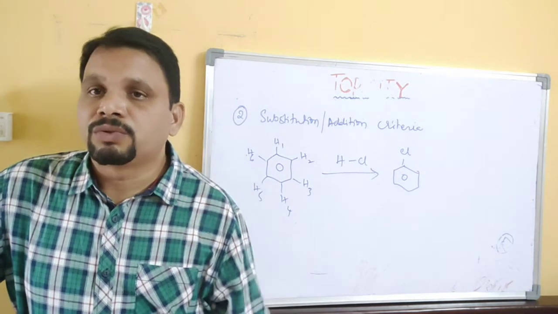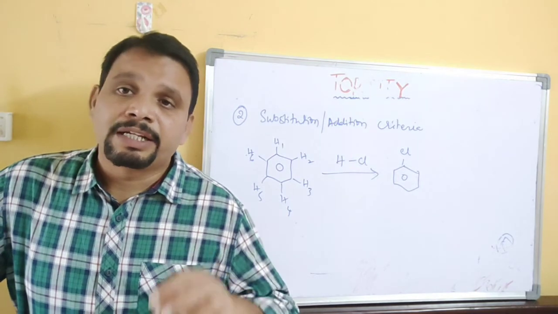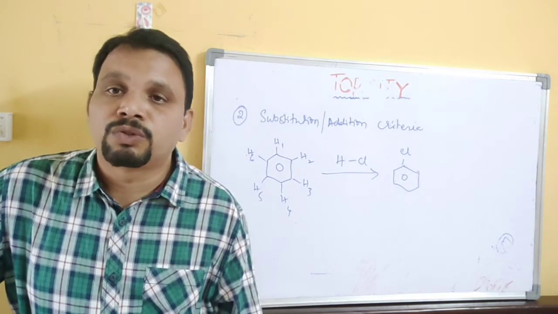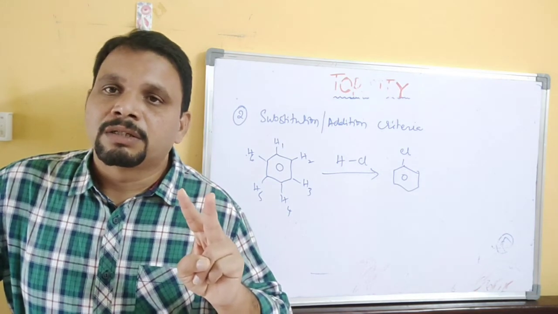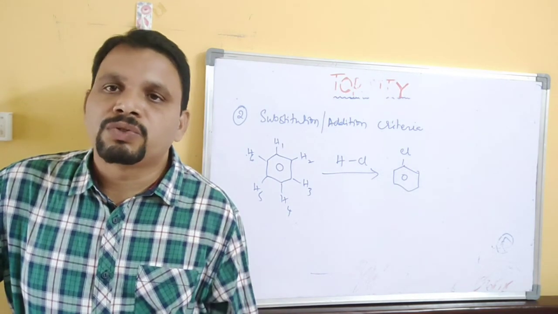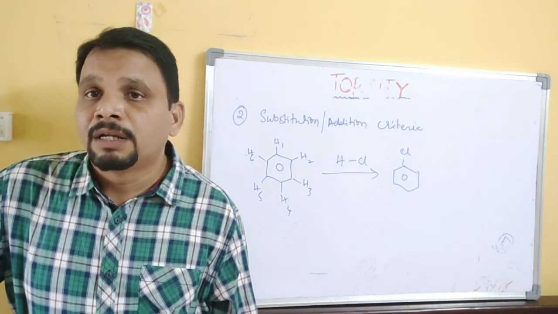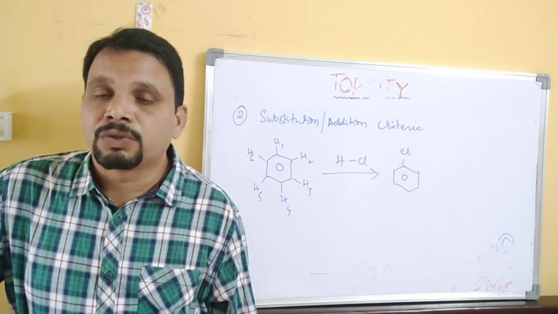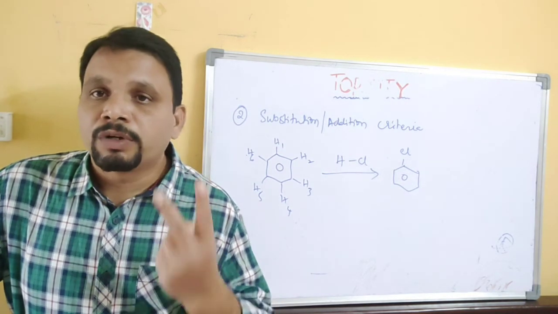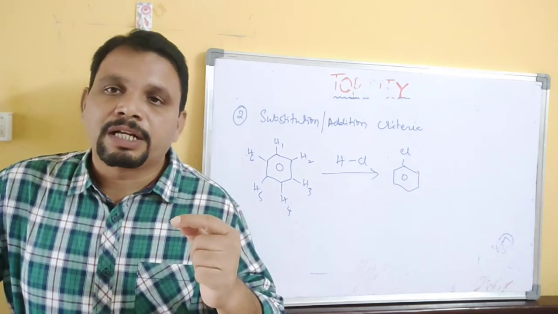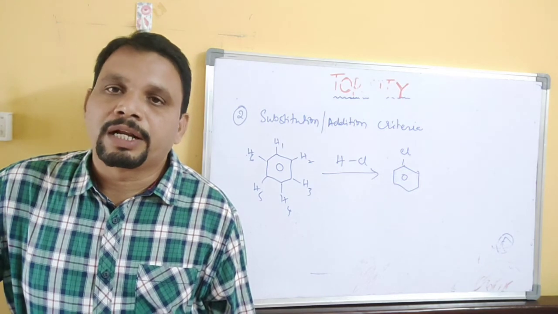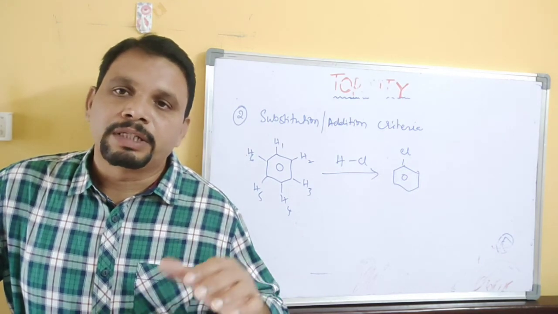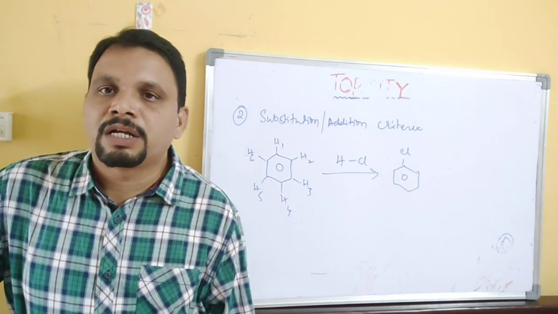So what criteria can we use to find out homotopic ligands? There are two criteria used to identify whether they are homotopic or not. What are those two criteria? One is symmetry criteria, the other is substitution or addition criteria. I gave you enough examples to understand those